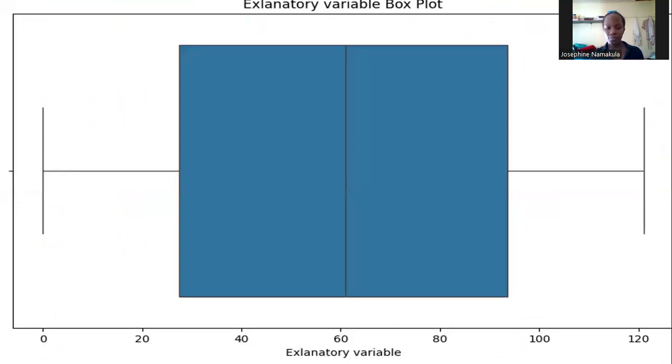box plot of an explanatory variable against count. We can see that this data here had no outliers in it, and the mean was located in the center. So when I move to the next slide,